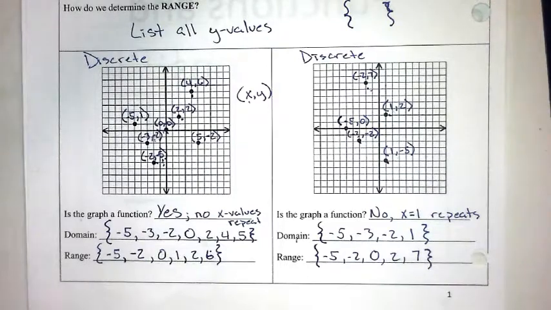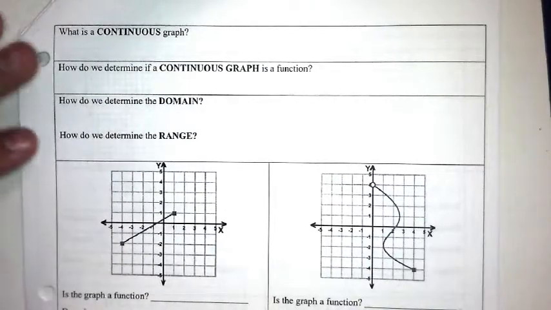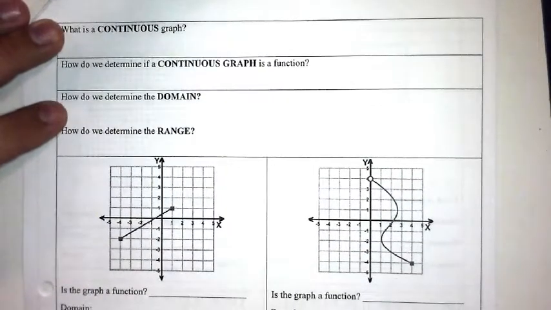Fantastico. Let's talk about the other type of graphs that we will see, which is called a continuous graph, which is a little different. All right, I will admit it's a little different, but it's easier than what it appears to be. Okay, you're going to think it's crazy, but it's actually easier than what it appears to be. So we just talked about discrete, where you had a bunch of dots. Continuous graphs